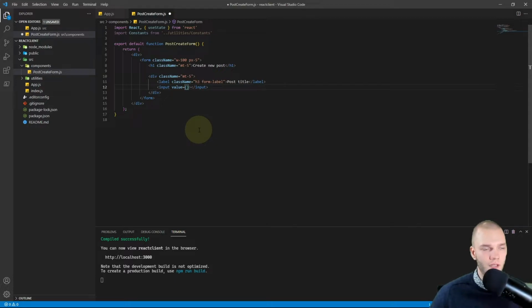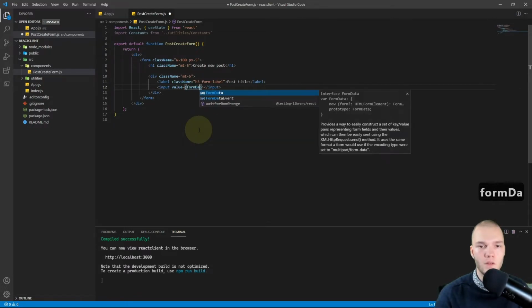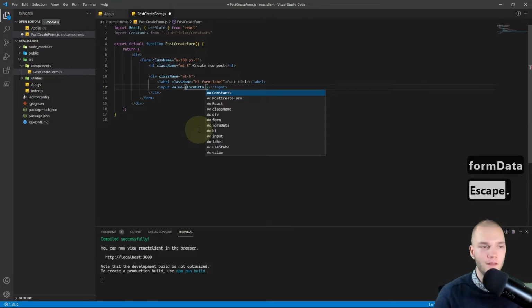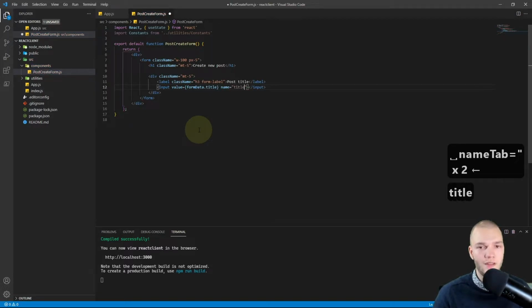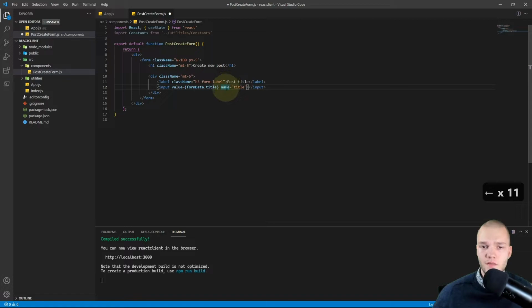But it'll make more sense in a few minutes. So I'll do form data dot title. For the name I'm gonna do title, and I'm gonna match this with the property name in the server, but keep it lowercase.